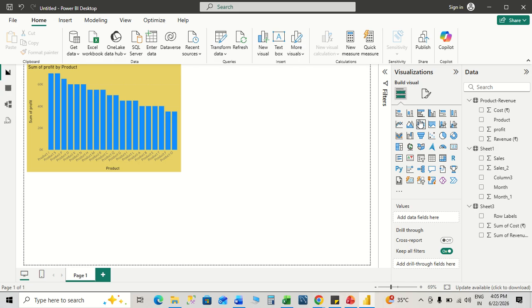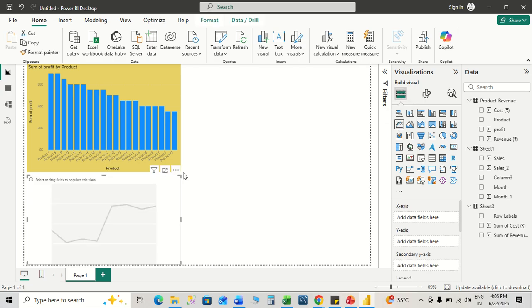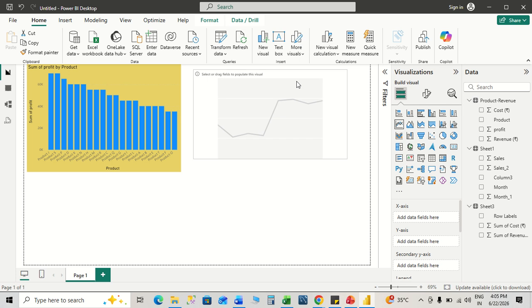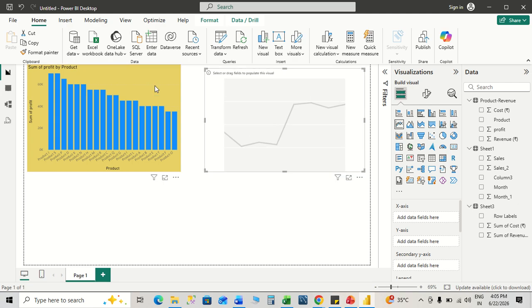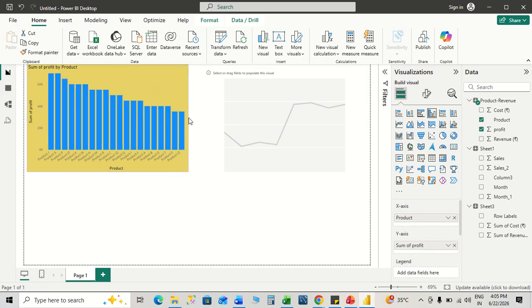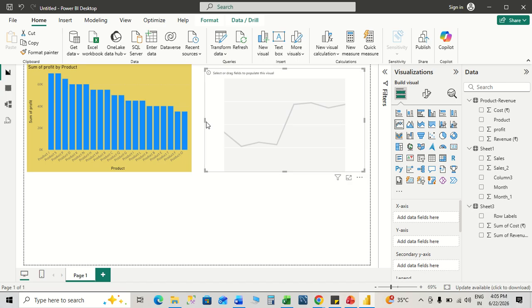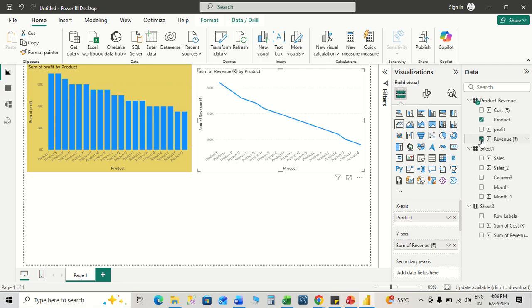Now again, I'm going to create a line chart. This is the product by profit. I want to create a product wise revenue. So product revenue. See this, product by revenue. If I change the place, if I make this product into the y-axis,